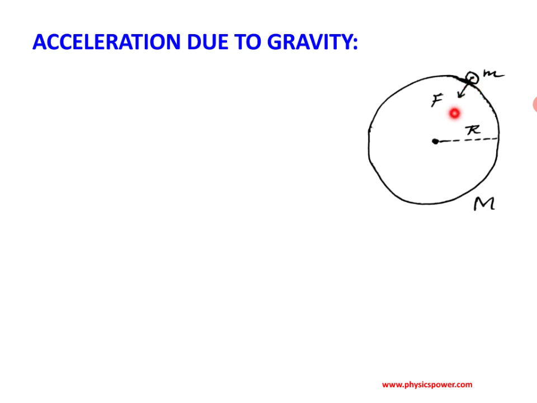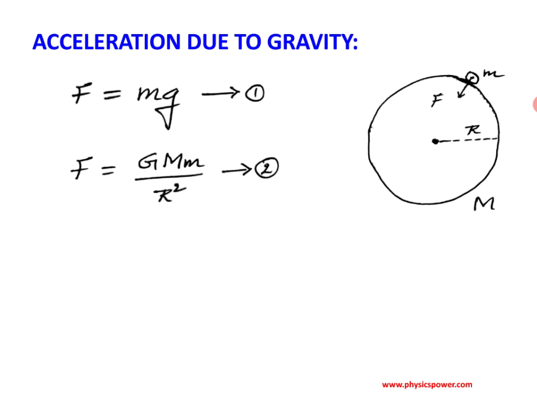massive body. And in another way, according to Newton's second law, F equals ma. Here a is the acceleration, but in this case we can apply it as acceleration due to gravity. Now according to Newton's second law, F equals ma, here a equals acceleration due to gravity, we can write F equals mg. And according to Newton's law of gravitation, the attractive force between the two massive bodies, the Earth and the small massive body, is GMm by r square. Here it is the same force on the same body, so both are equal.